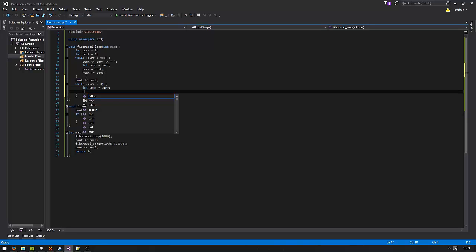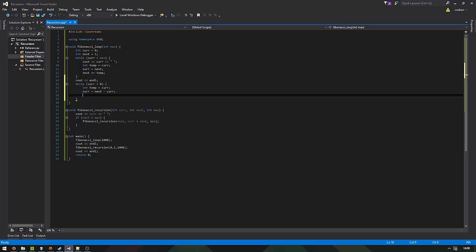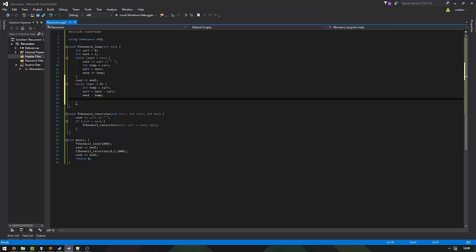We will set our current equal to our next minus our current, and then set our next to our temporary variable. We'll also cout our current,